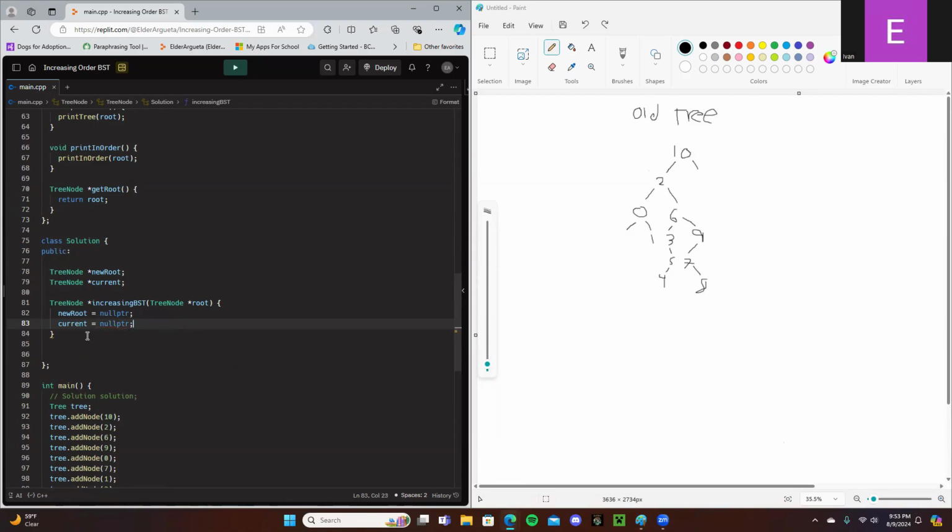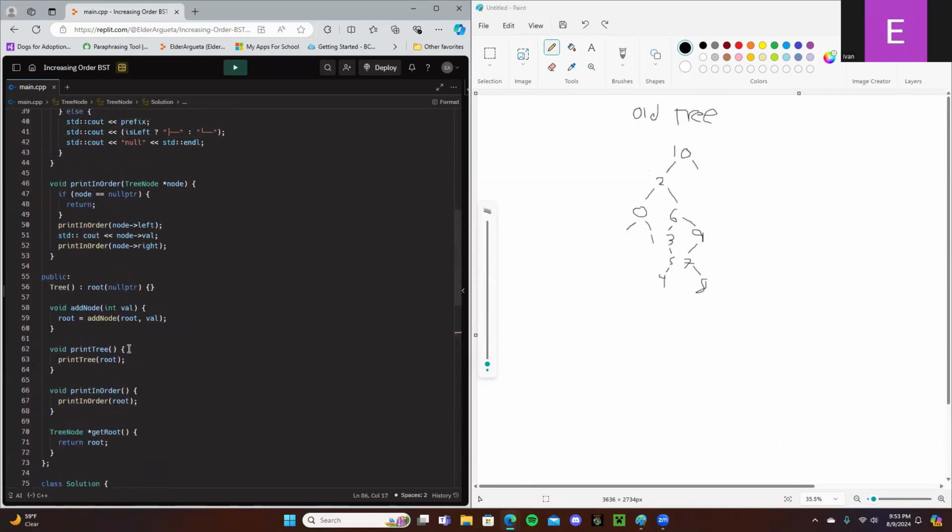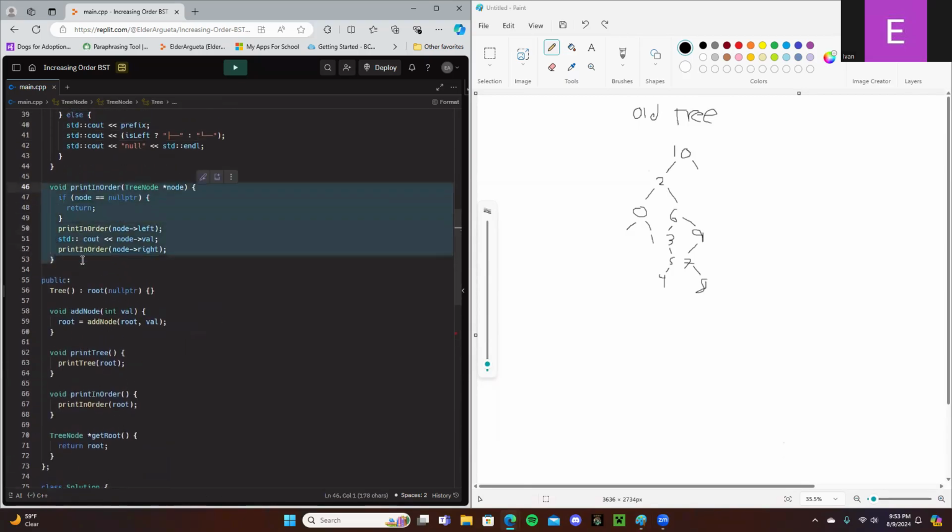Let's leave it like that for now. This helper method is going to be of type void, and I'm going to just call it in order. It has the same principle as this in order, where we recursively call on the left side